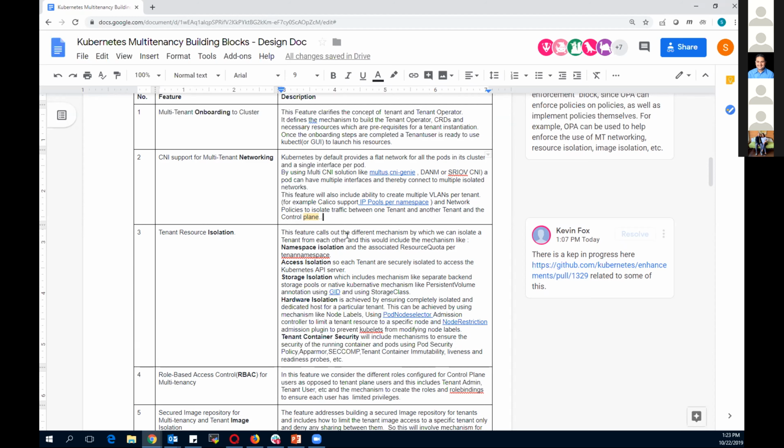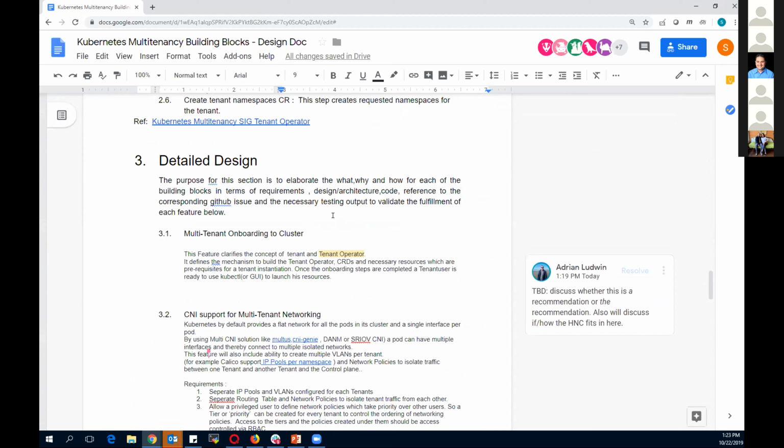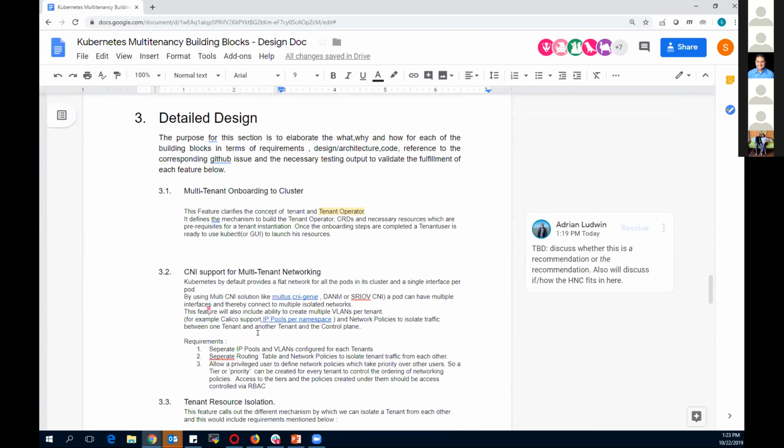Basically the idea is that if we can call out all these requirements, what we intend as part of each of these building blocks, and then the details, it will act as a reference for any organizations, showing these are the options and this is how they can do it. That will hopefully help utilize it in a more wide scale manner. That was the intention.